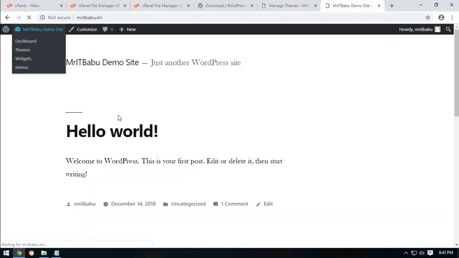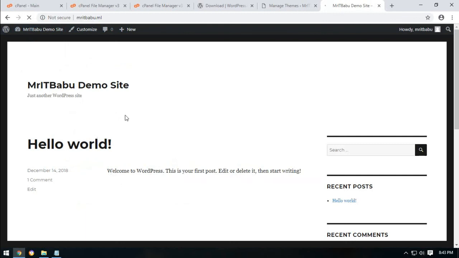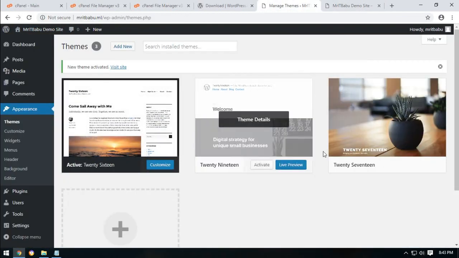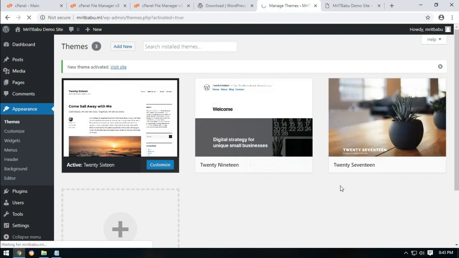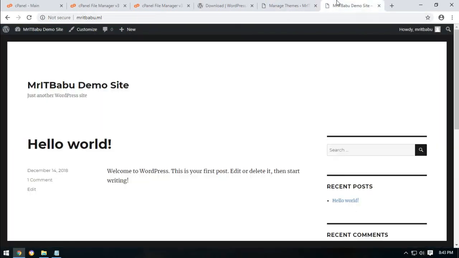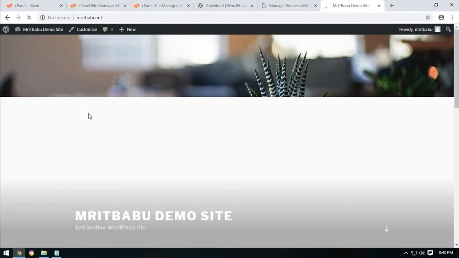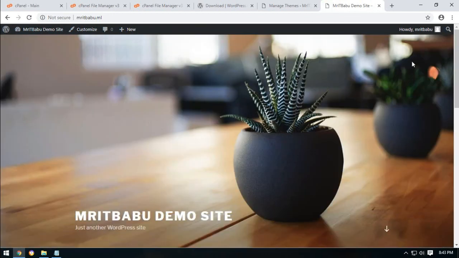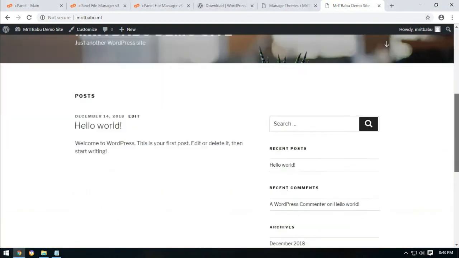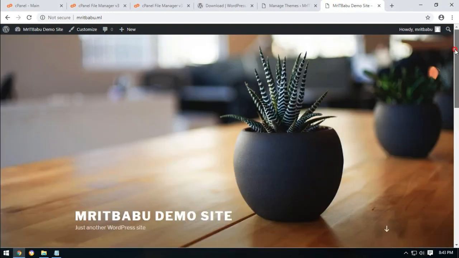Okay, refresh this page. Wow, again another one, refresh again. Wow, so gorgeous. So this is the tutorial for manually installing WordPress in your cPanel, actually not using FTP or